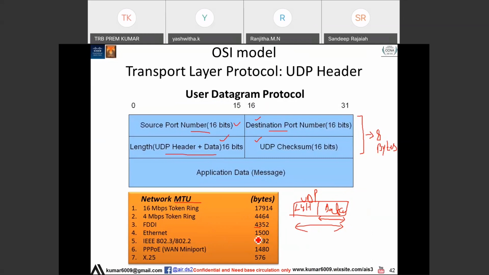Generally, you can give an answer like this. What is the maximum size of data you can put in a single packet? You can say 1500 bytes. But 1500 bytes is only for Ethernet we are talking here.